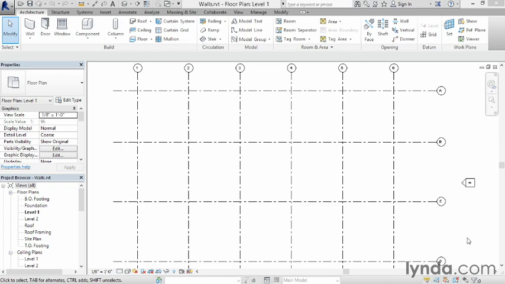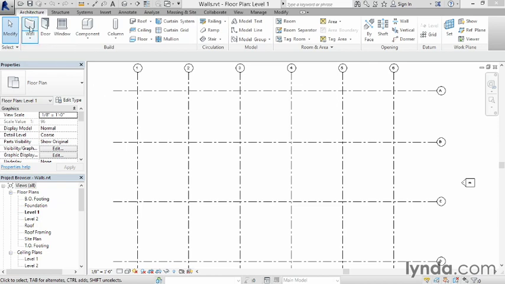We're going to look at laying out walls in two ways in this movie. We're going to lay them out very precisely relative to the column grid, and we're also going to lay them out in a little bit more of a sketch fashion, just so you can compare and contrast the two techniques. Now, there's no one right or wrong way to do it, so you can certainly focus on the technique that works best for you. So I'm currently in the level 1 floor plan,